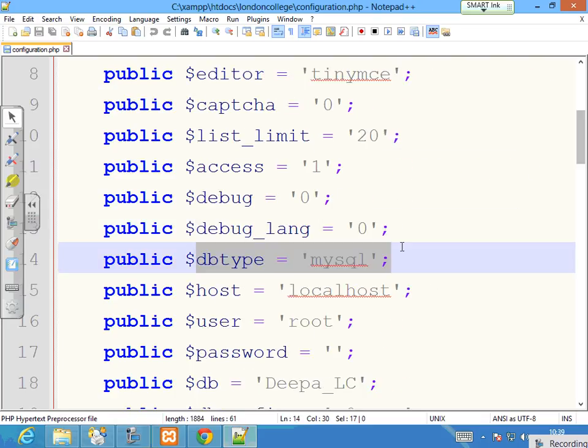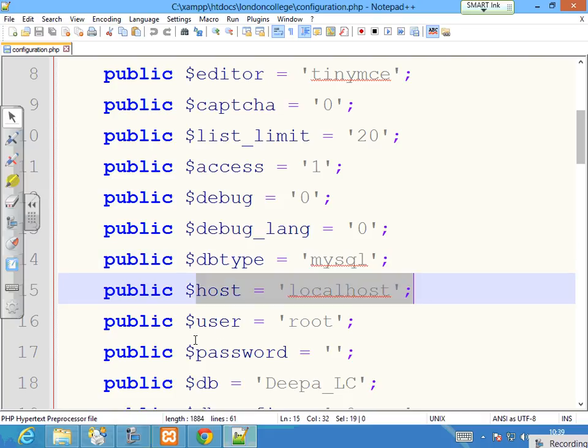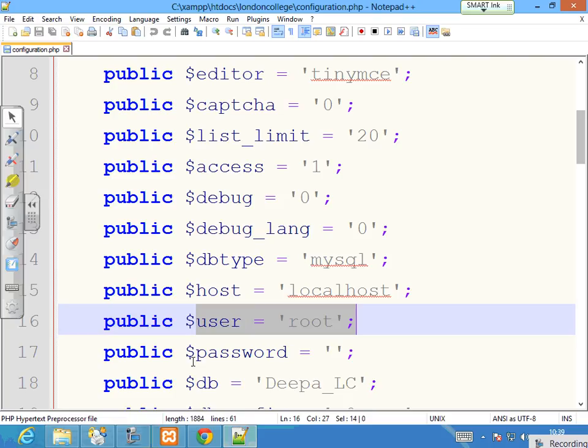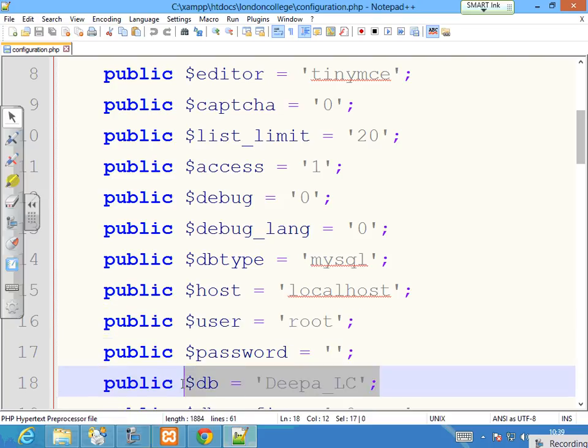Can you see DB type? That is database type, right? Which will more or less remain the same. That doesn't need to change. It will remain as MySQL. But what is your host name? What's your username? What's your password? And what's your database name? Is that right? So these four things will have to be changed if you're copying your Joomla installation from a